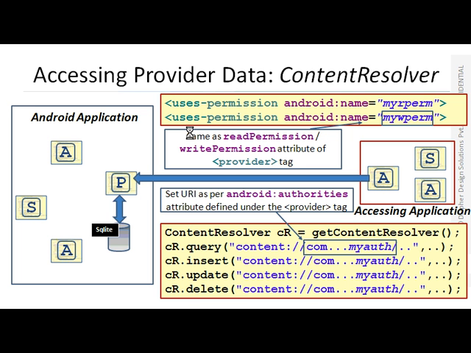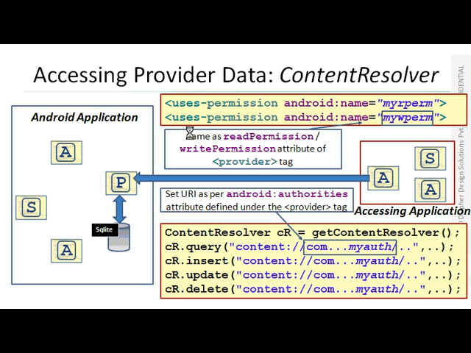So now the things will work like this. In the left rectangle, this is your Android application, which is going to share its data, right? Now on the right side rectangle, you can observe that there is an accessing application. Inside that accessing application, in one activity file, you will be writing your content resolver, right?